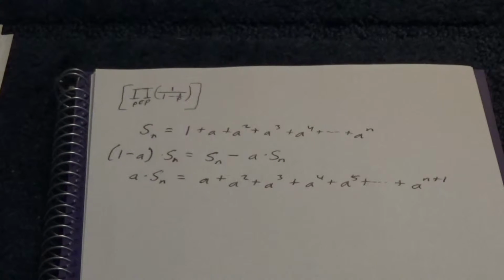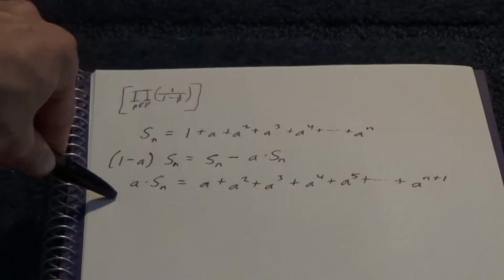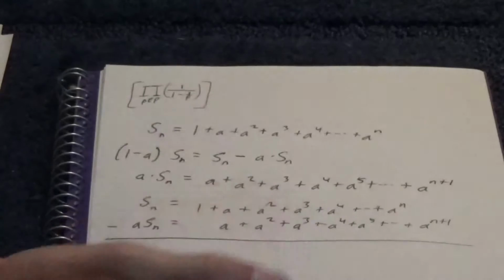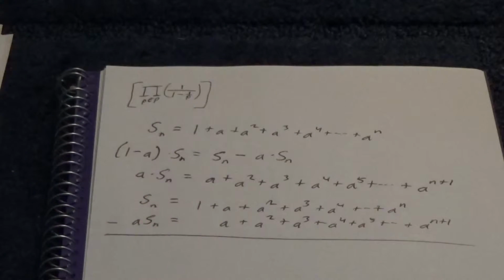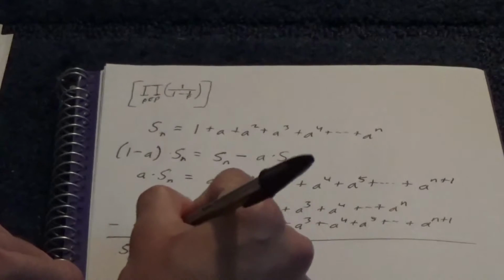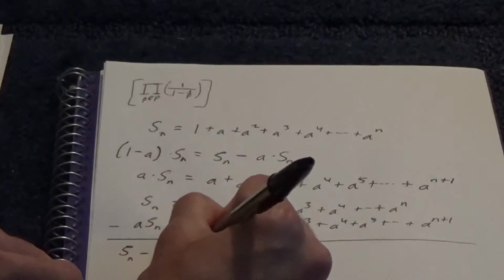Now, of course, we can subtract a times S sub n from S sub n and see what we get. This is a nice way of viewing it, because we have S sub n minus a S sub n